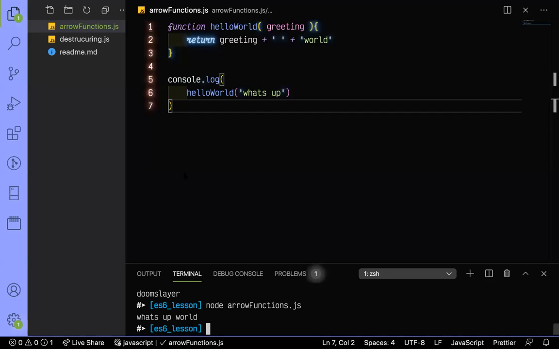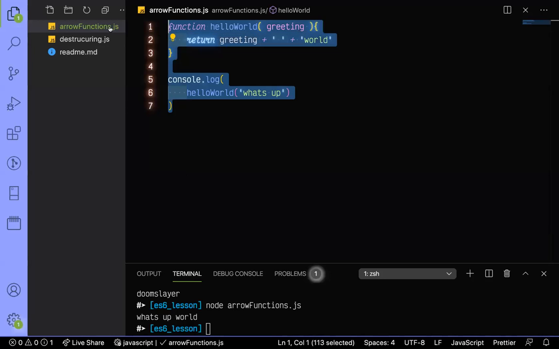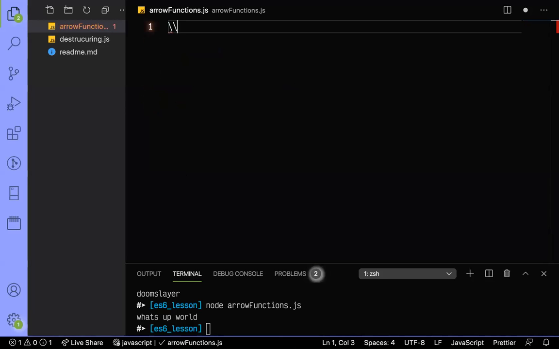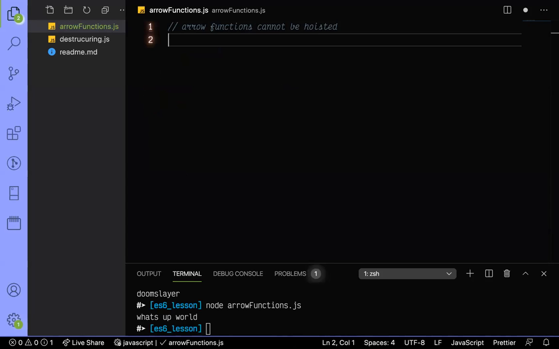So some things to note. Oh, whoops. I just shared my code, but whatever, this will be fine. So some interesting stuff about arrow functions. I want y'all to write these down with me. Arrow functions cannot be hoisted. That's the first thing. The second thing is that